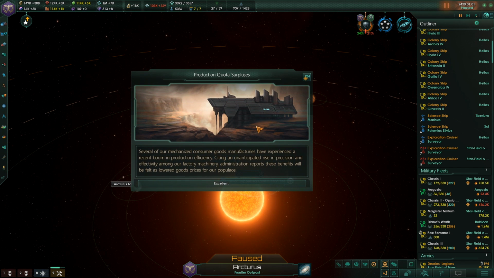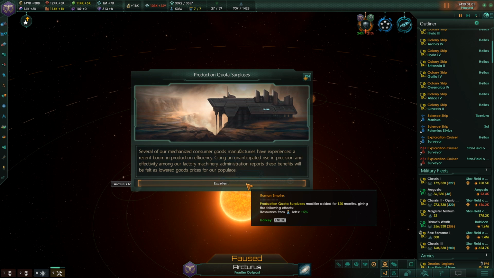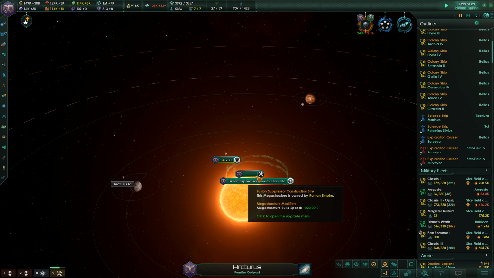Production quota surpluses. Several of our mechanized consumer goods manufacturers have experienced a recent boom in production efficiency, citing an unanticipated rise in precision and effectivity. Efficiency, I guess, among our factory machinery. Administration reports these benefits will be felt as lowered goods prices for our populace. Okay, resources from jobs, 5%. Wow, that's pretty good. Just a random event for 10 years, you just get 5%. Okay,